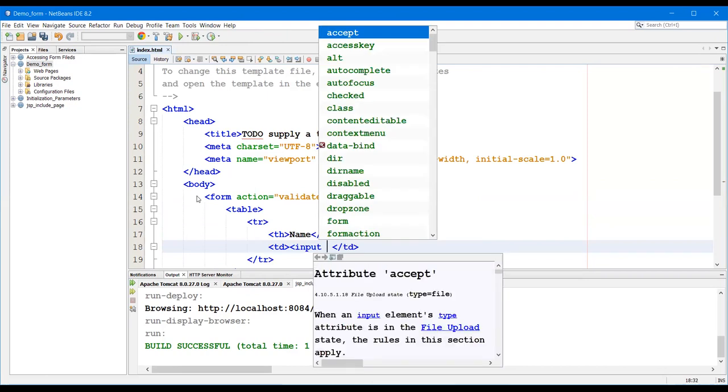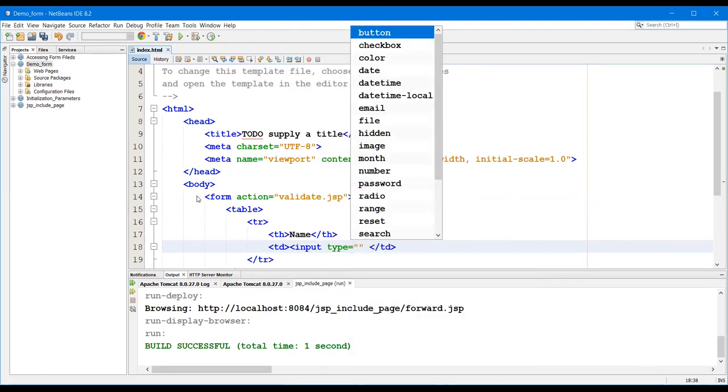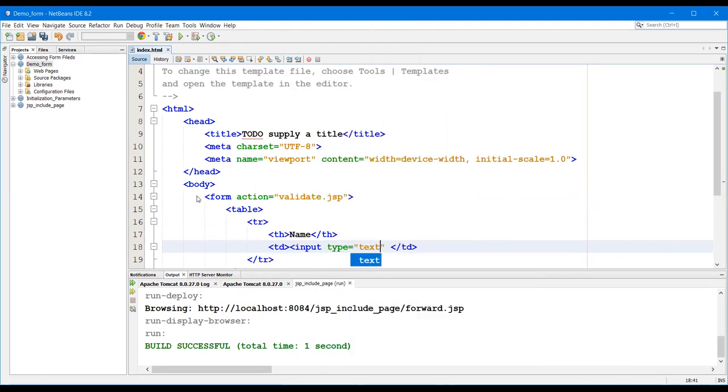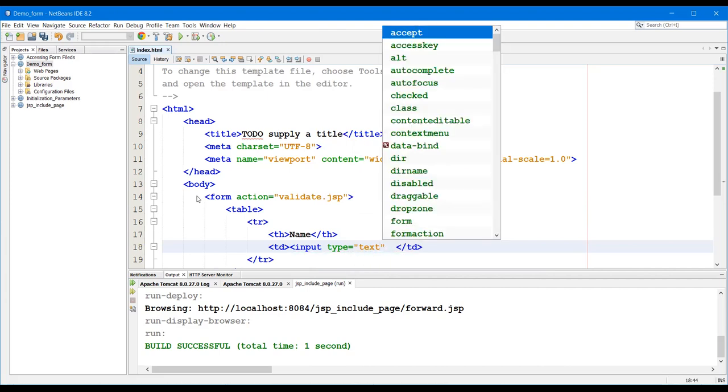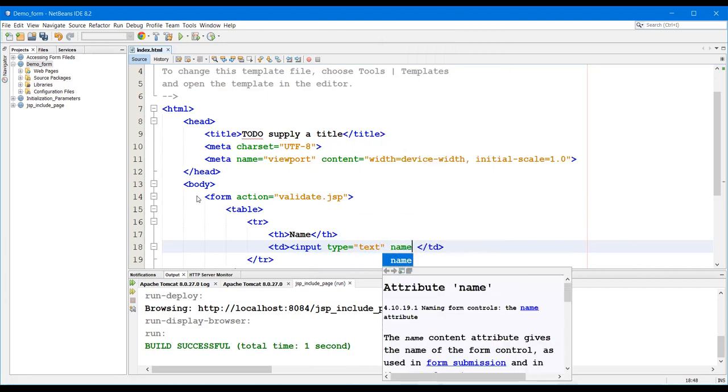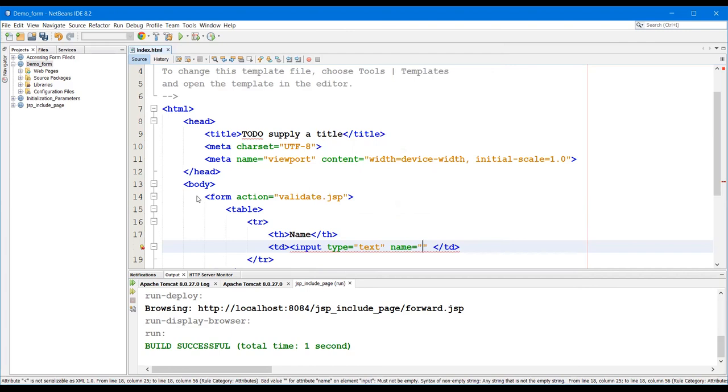Input type is equal to text, name is equal to, what name are we going to give? Username.